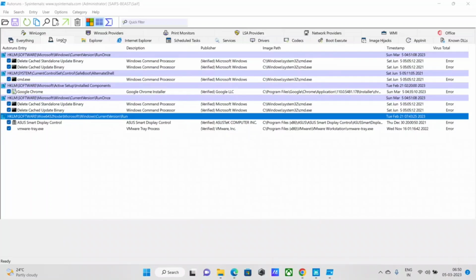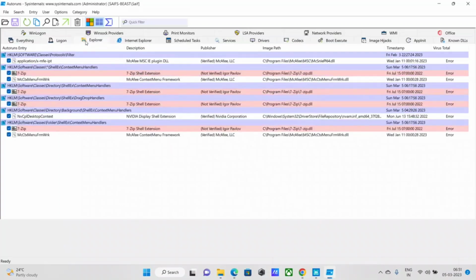All right, so that's what is meant by startup. Under the logon tab, all the startup items are going to be listed. All right, the next tab, the Explorer tab, displays information like shell extensions,